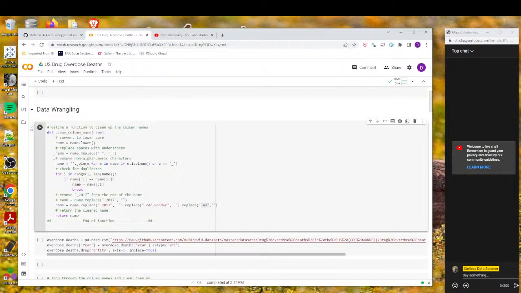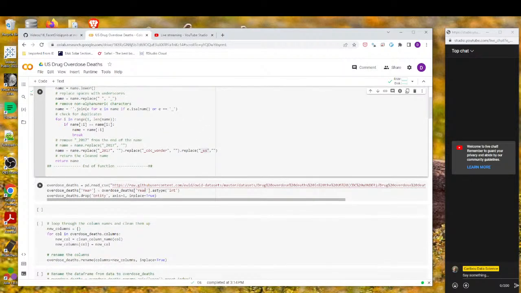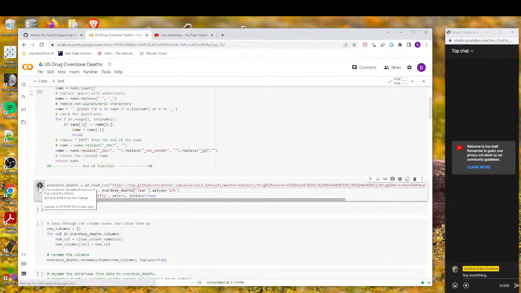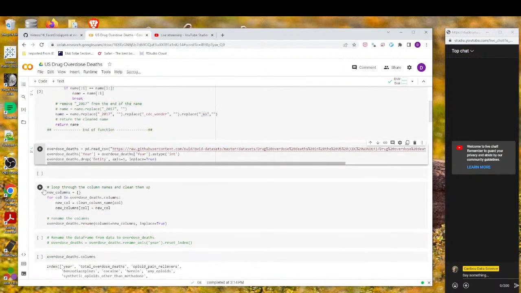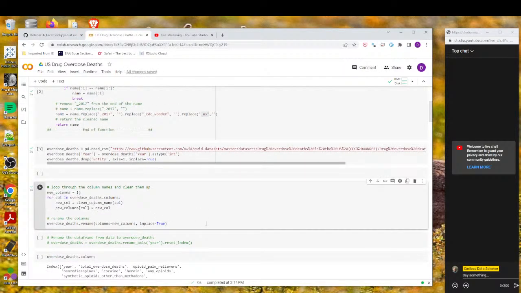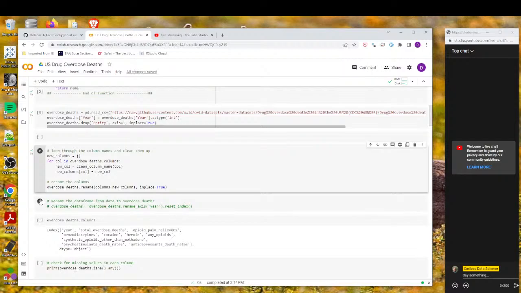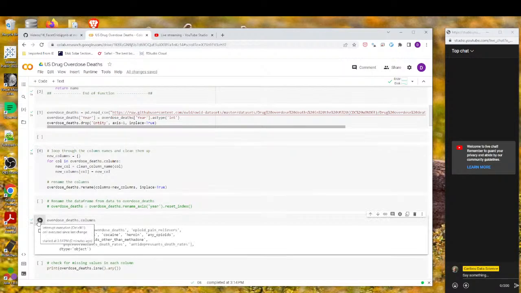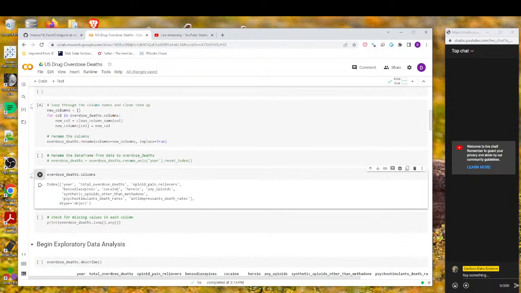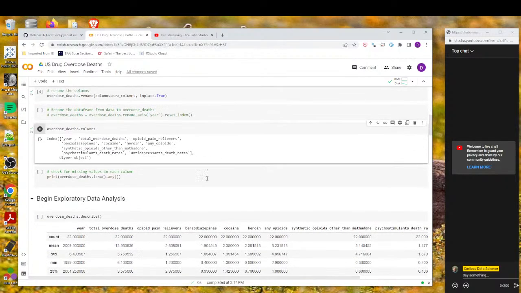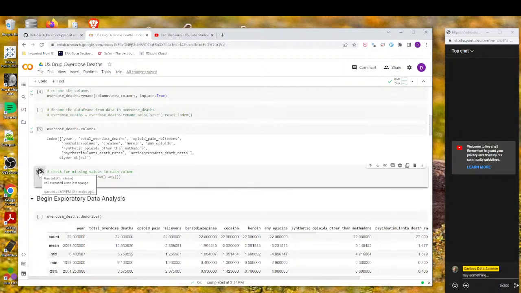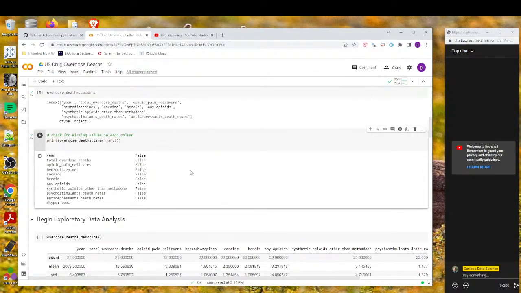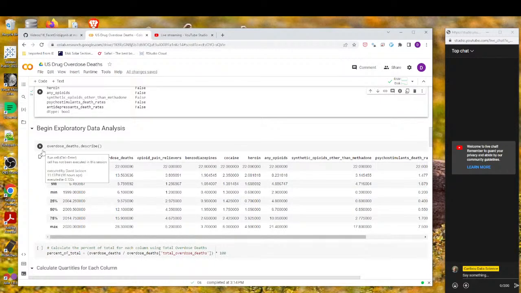Okay, so we just ran this function. Now we're going to read our data in. Then we're going to run a function to, now you can see what happened. They're all lowercase, there are none of the extra characters. Now we'll go check for any NAs. There are no NAs. Then we're going to do a quick look at